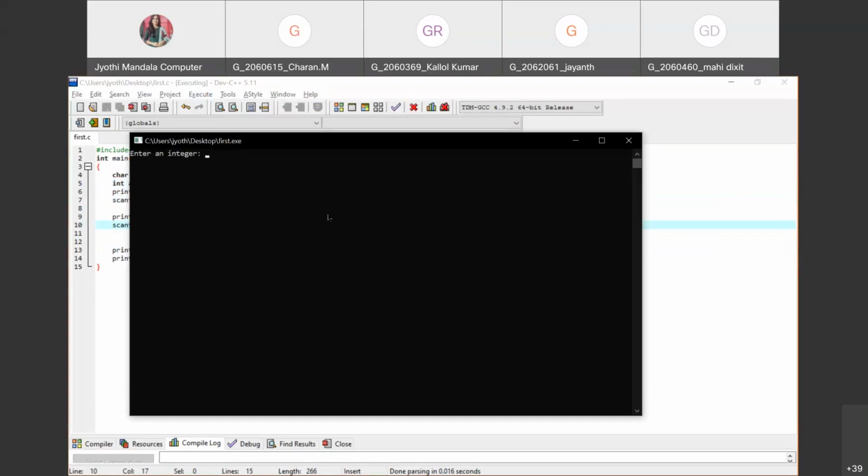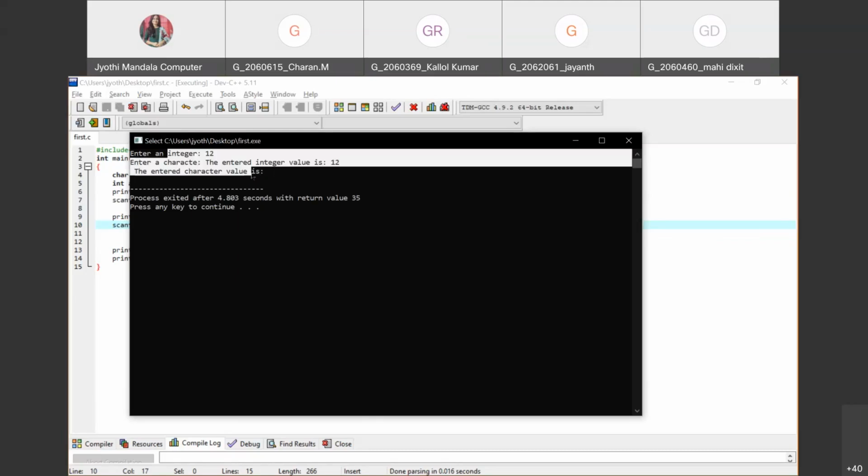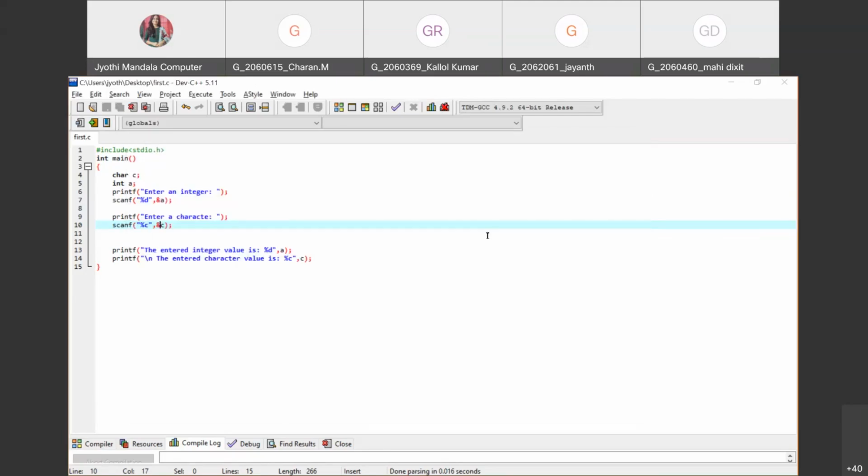Now let us run and see whether we can successfully get the output or not. The integer value I want to store, a random value, I am taking 12, and see here, it is not waiting for the user to enter the character value. Did you observe? It is not accepting any value from the user, and that value is also not printed because it has not accepted anything. So this is the problem that may be encountered whenever we are reading a character value afterwards. So what is the problem behind this one?